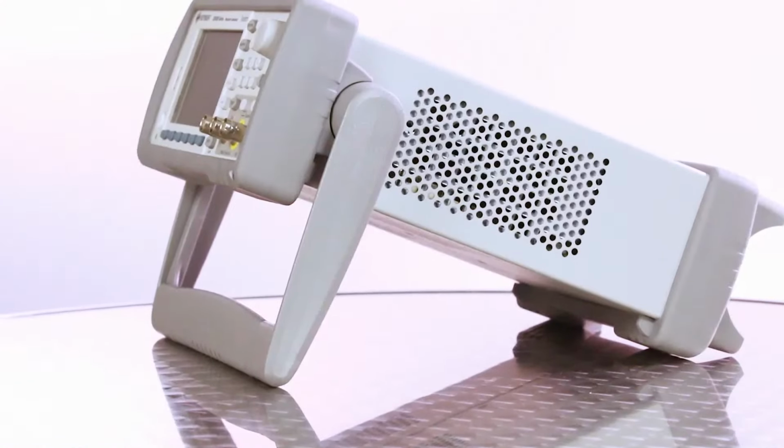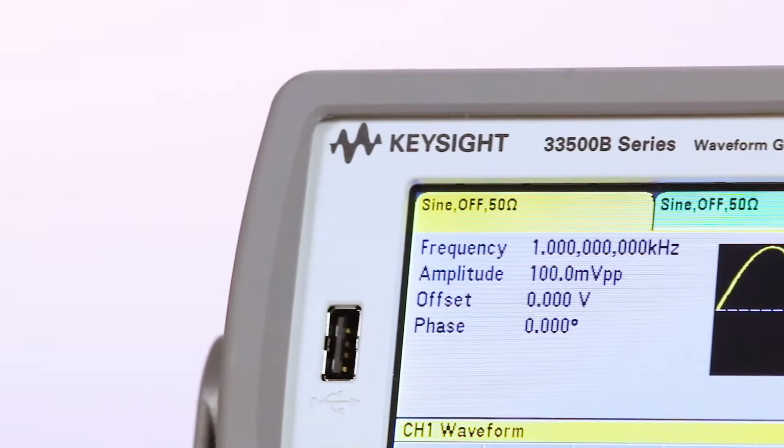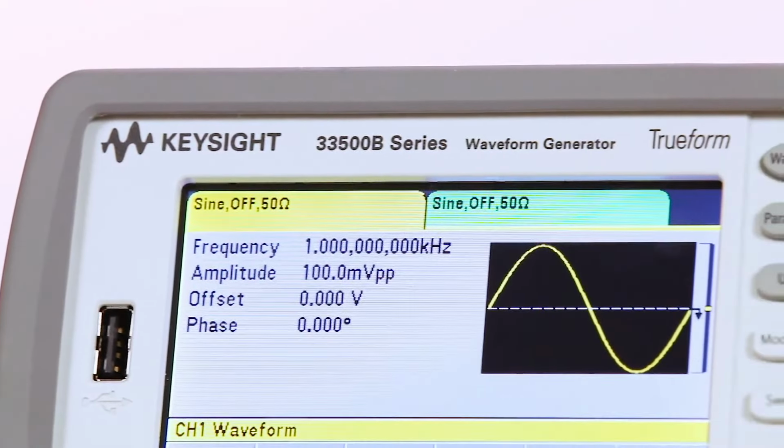TrueForm ARBs ensure every waveform point is accurately represented with up to 64 megasamples per channel. TrueForm generators use a technology that plays every point in your signal exactly as you designed it. That means when you're testing the robustness of your design, you can create a specific signal with noise, overshoots, spikes, and dropouts precisely where you want them. You can segment waveforms to simplify waveform creation, and to save memory, you can sequence and loop up to 512 waveform segments.